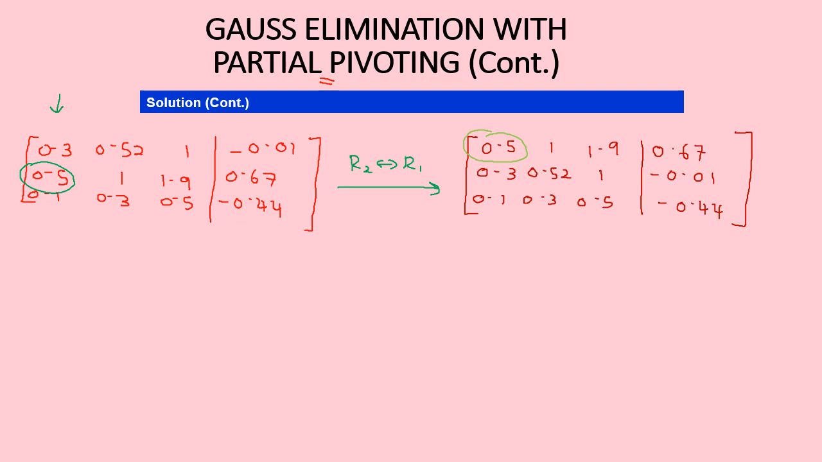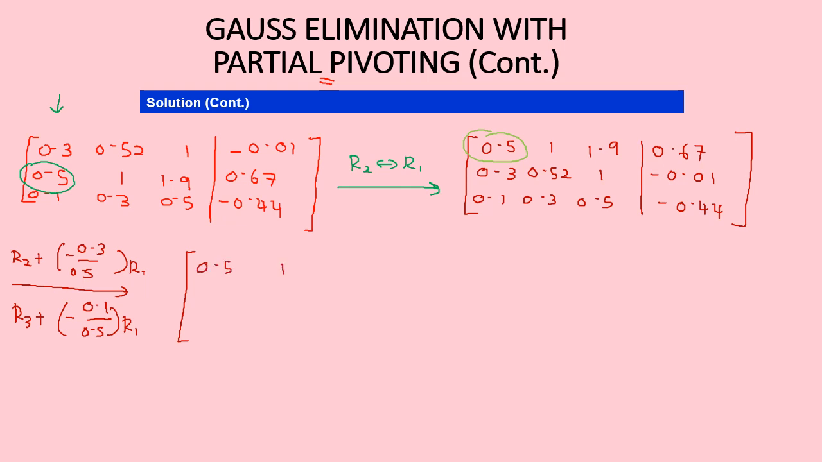Now we just continue with forward elimination, where the formula is R2 plus minus 0.3 divided by 0.5 multiply with R1. How about for the R3? R3 plus minus 0.1 divided by 0.5 multiply with R1. So our matrix becomes